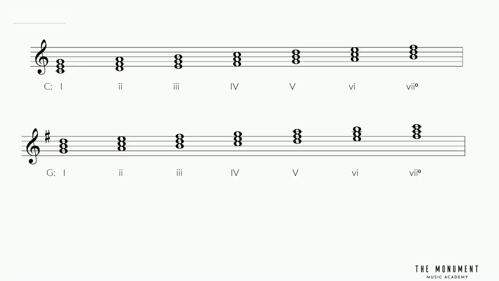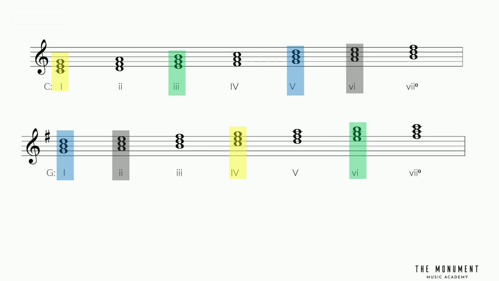For example, if we start in the key of C major, we could modulate to the dominant key of G major. Here I've listed out all 7 diatonic chords of both keys, and you can see that some chords overlap between the two keys. Chord 1 of C major is also chord 4 of G major. Chord 3 of C major is also chord 6 of G major. Chord 5 of C major is also chord 1 of G major. Chord 6 of C major is also chord 2 of G major. All of these chords highlighted here are what we call pivot chords, and they are the first chords we need to use to link the two keys together.